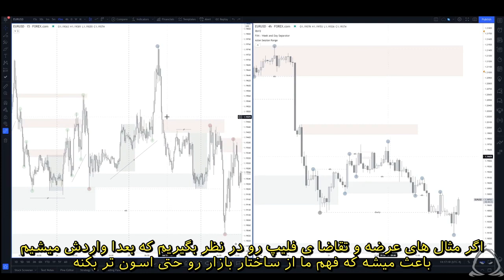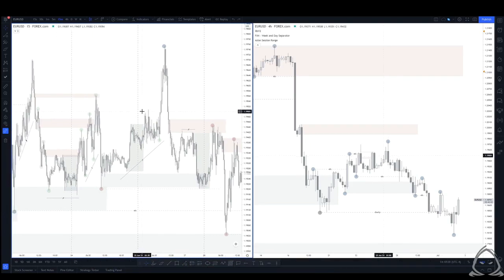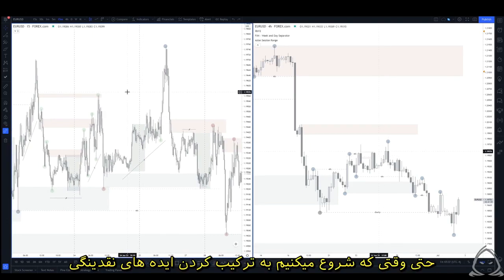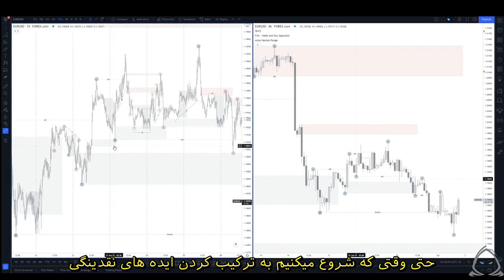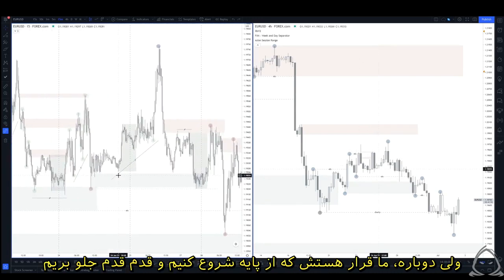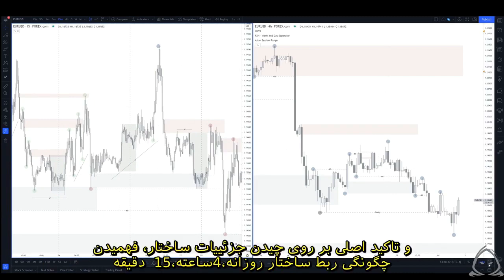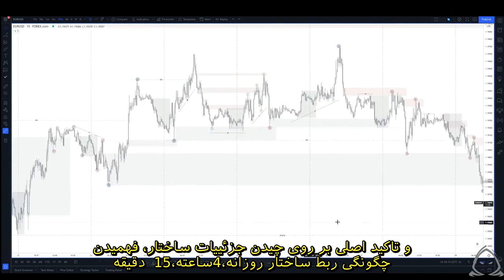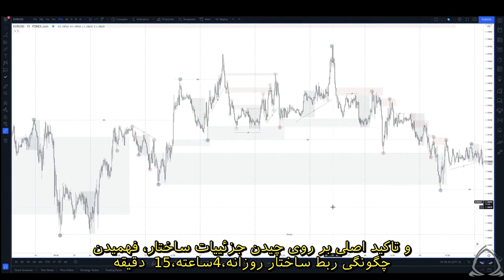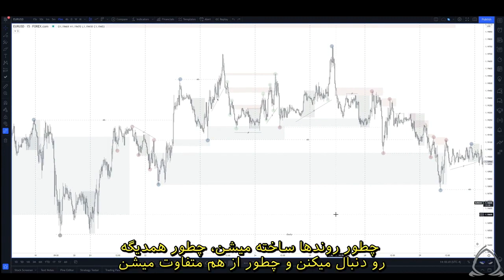It'll start to make understanding market structure even easier, even when we start to combine liquidity concepts and things like that. But again, we're going to start from the foundation and build onto that. So right now, the main idea and the main emphasis is on building out the structural components, understanding how daily, 4-hour, 15-minute structure plays with each other, and how trends are built and how they follow one another and how